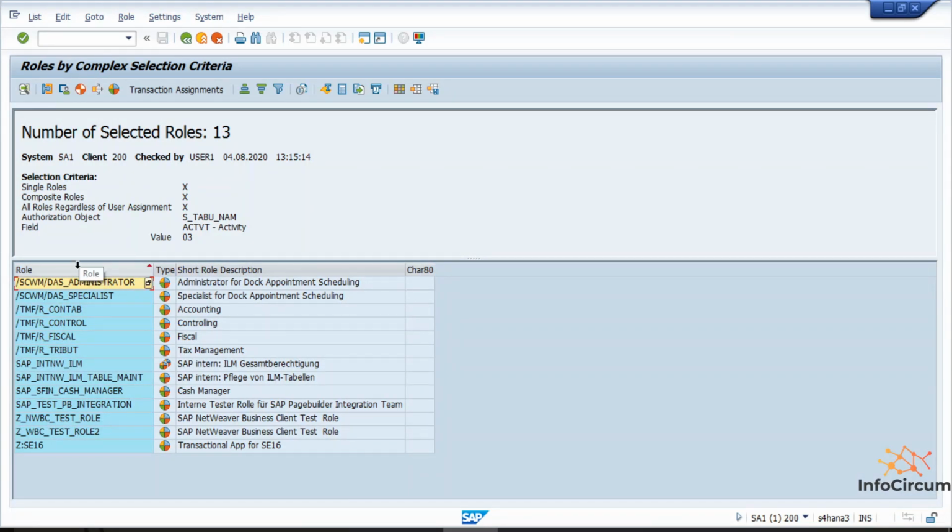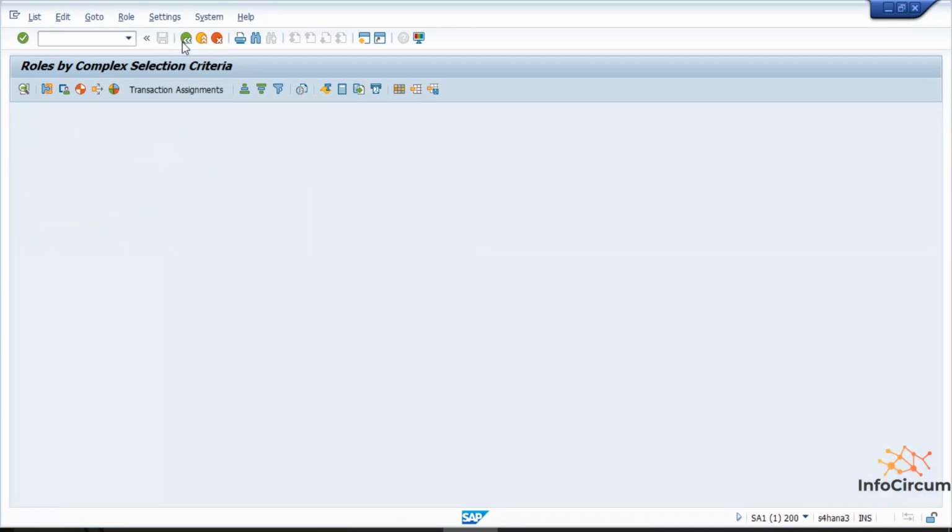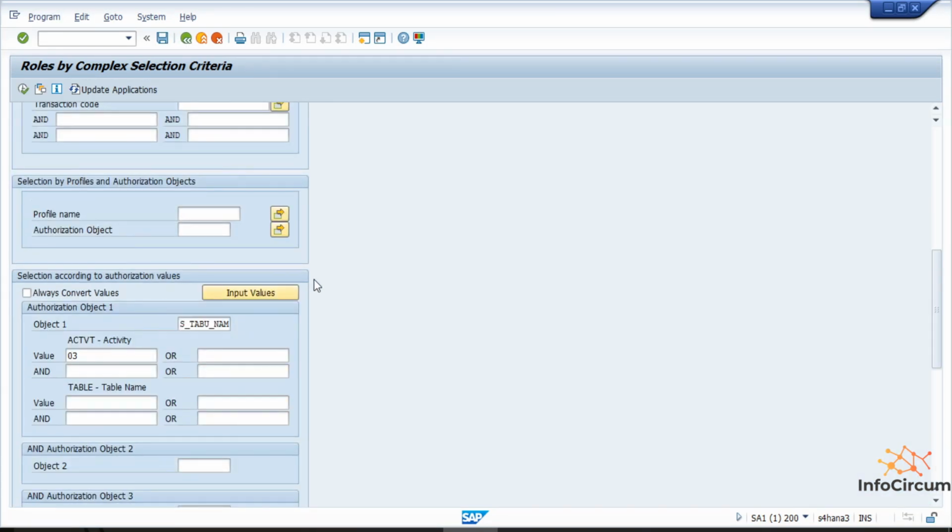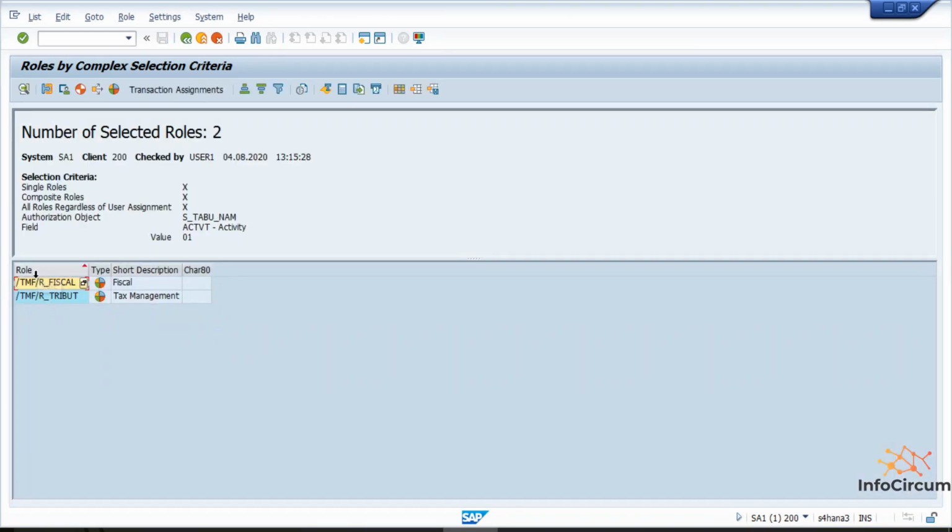These all are the roles with the display activity only. Now I'm giving it the create activity. Let's see how many roles there are. Only 2 roles are there with the create activity.